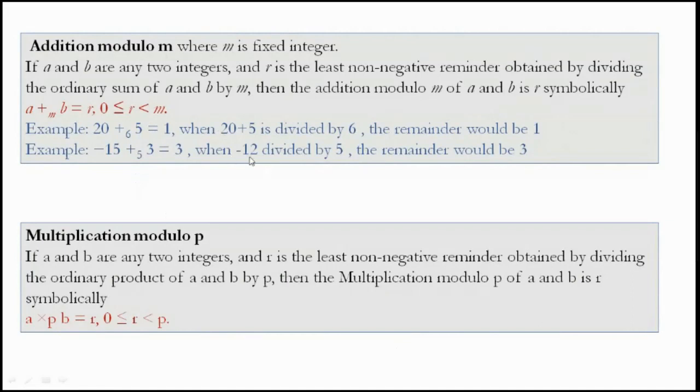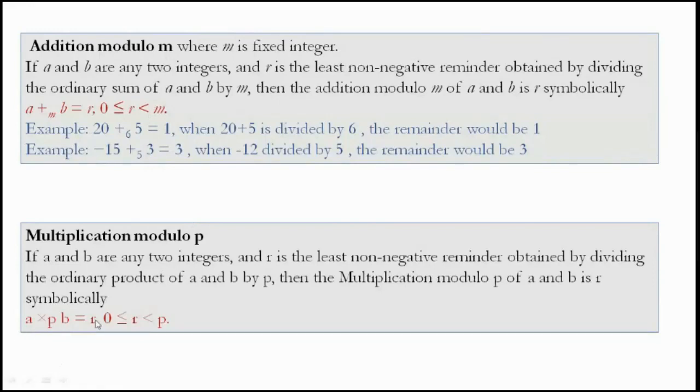Minus 45 should be divided by 5, the same operation. So what is the modulo operation? 45 modulo 5 is 0. So minus 45 modulo 5 is 0. Minus 0 means nothing, 0 only. 5 minus 0 is 5 only. So always you should bring this value into the range.